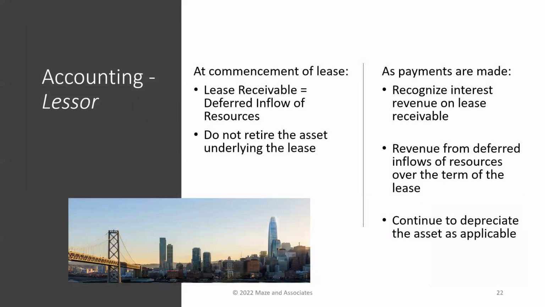All right. Now the lessor. So what does the lessor need to do? The lessor is any entity who, in exchange for payment, provides temporary possession of the owned property through the lease. So the lessor owns the asset, has the asset on its books recorded as a capital asset already, but is now going to lease the right to use that asset to another entity. The capital asset accounting for the lessor does not change. That continues on. The asset stays on the lessor's books and continues to get depreciated over time, if it's not land.